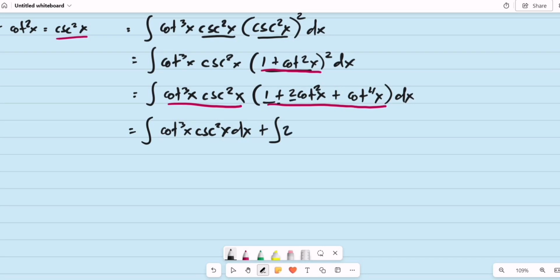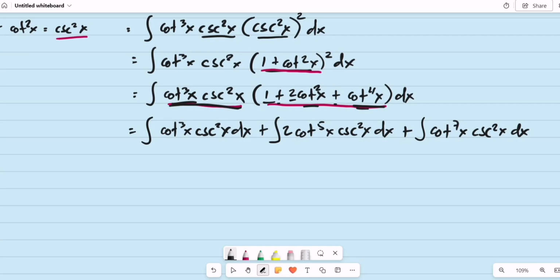So this is 2 cotangent cube multiplied by cotangent squared, which is 2 times the cotangent raised to 5 of x. Then cosecant squared of x dx. Then lastly, for this term, multiplied by the last term. Again, separated by addition operation, so this plus the integral. What is cotangent cube multiplied by cotangent raised to 4? That is the same as cotangent raised to 7 of x. Then we have the cosecant squared of x dx.